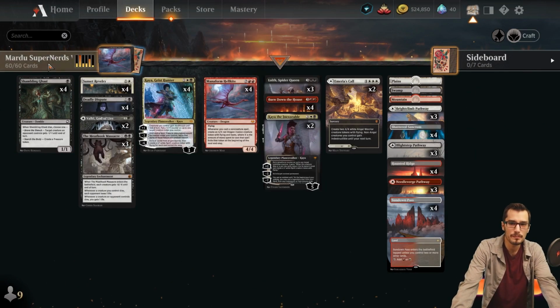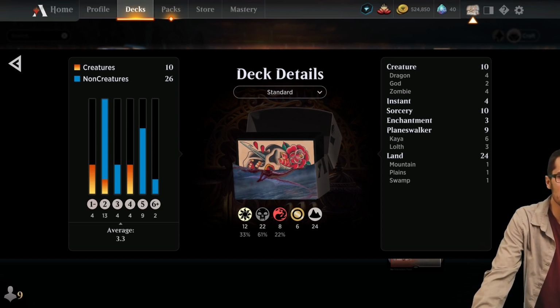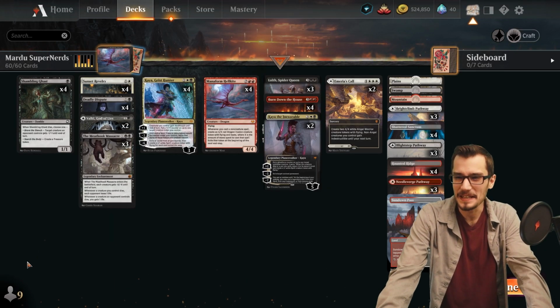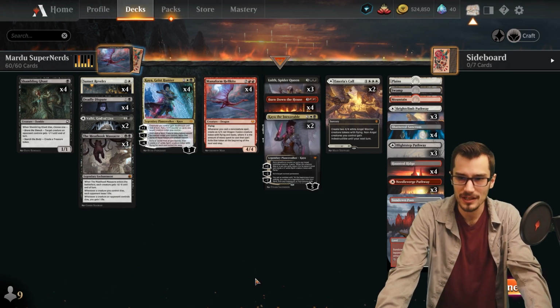Alrighty, Mardu Superfriends is a standard best of one build with 60 cards. We have a 3.3 average mana value, 10 creatures to our 26 non-creatures. We do have 24 land in the build as well, with the 2 MDFCs from Amonkhet's Call bringing us to